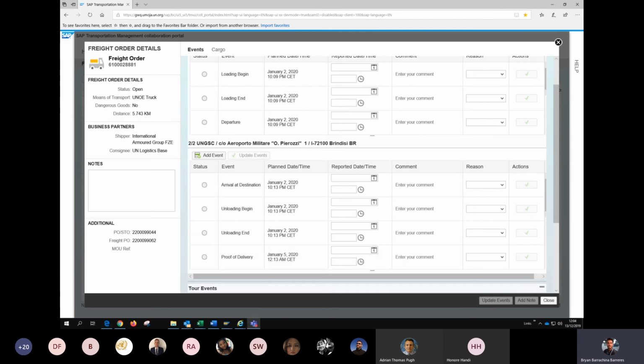Okay, and some questions in the chat here. Is there a specific role to do so, or can everybody track the events? Basically those who submit events are TM planners, so it should be the TS01 and TS07. Now I know there are also display roles, like TS03 and TS09, that will have visibility on the events being submitted, so they'll be able to track it visually, but they won't be able